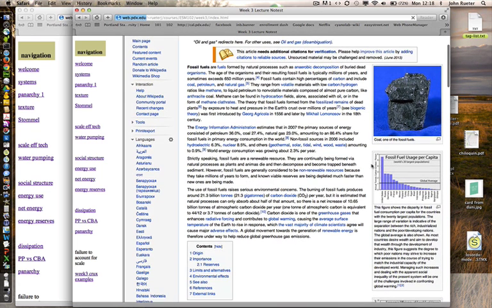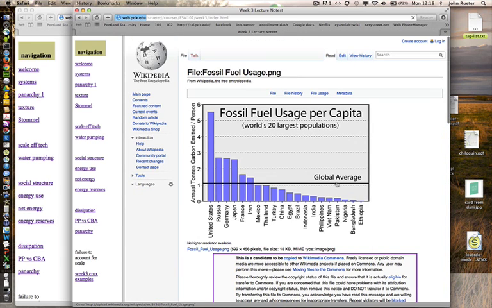I want to look at these two graphs, and then you can think about that graph I just showed you. One is fossil fuel usage per capita, and this is given in the annual tons of carbon emitted into the atmosphere per person. And you can see the United States is very high on this. But again, we're normalizing per capita. So when you look at countries that are quite a bit larger in population, such as China than the United States, it's a little difficult to interpret, but in any case, this shows a huge amount of carbon output per person